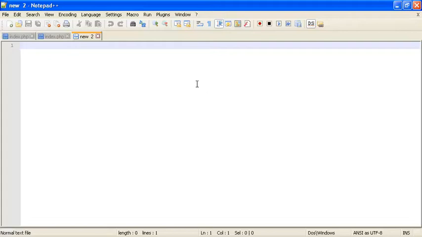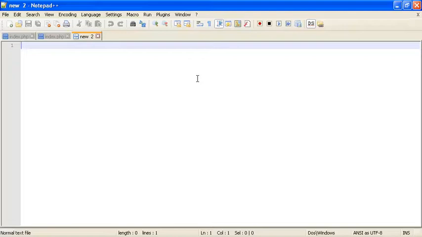So welcome back guys. In today's tutorial we'll be learning a few PHP code constructs, like what is echo. So we'll be beginning with echo today. Every language has its own way of printing something on screen. Maybe C++ has cout, Java has something else, JavaScript has alert or console log. Similarly, PHP has something called echo.